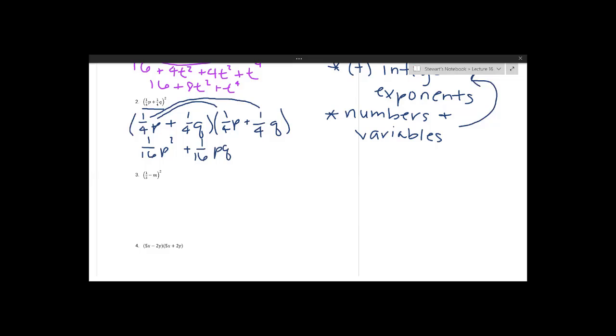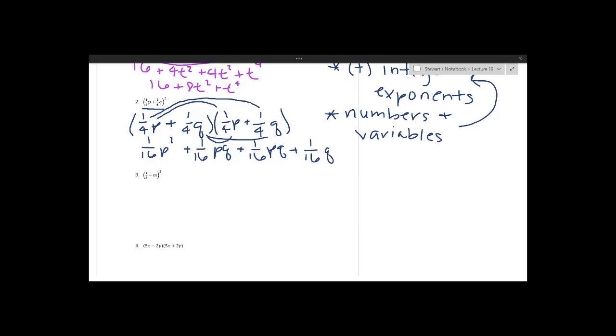pq. And it doesn't matter what order you write the variables in, it's just standard notation to write them in alphabetical order. So that's why I wrote pq. But it doesn't matter because the order of multiplication doesn't matter, just to note. And then inner, we have 1/4 q times 1/4 p. We can again multiply the 1/4s together. So that's plus 1/16. And then we have q times p, same thing, so I'm going to write them in alphabetical order, pq. And now last, we have 1/4 q times 1/4 q. So that's plus